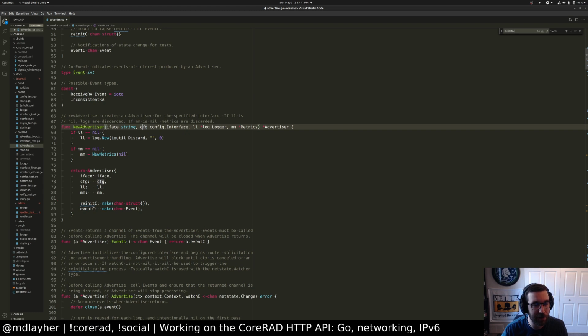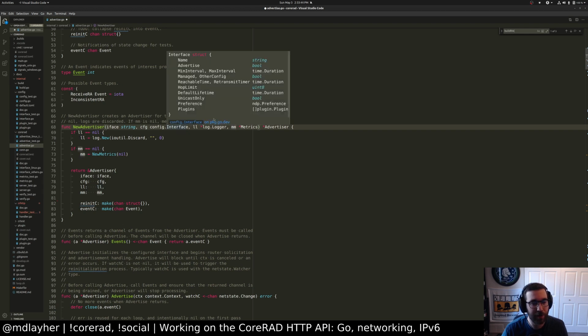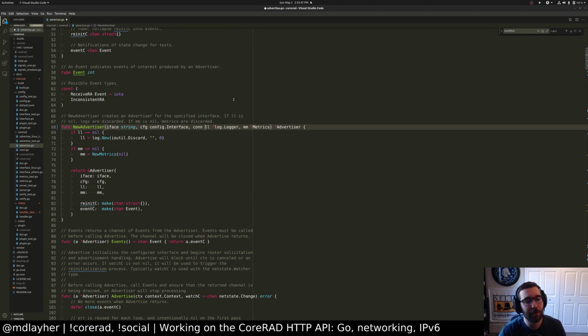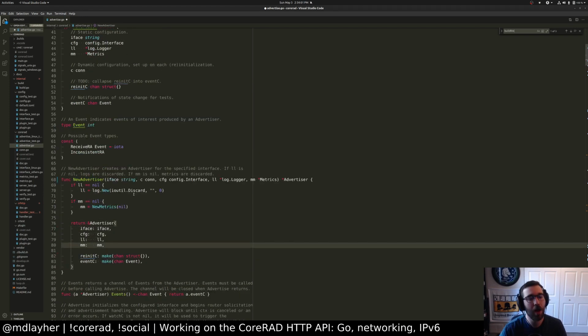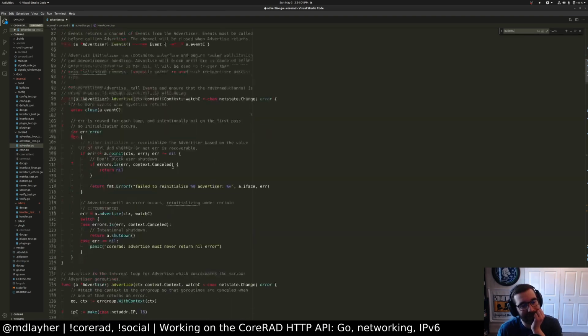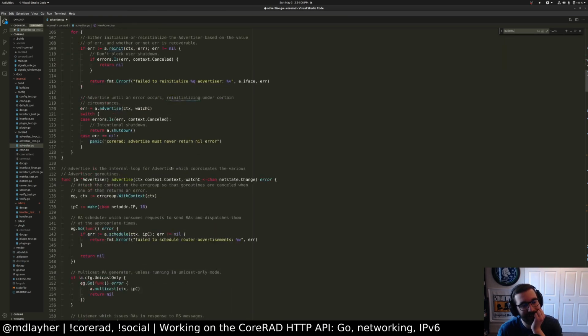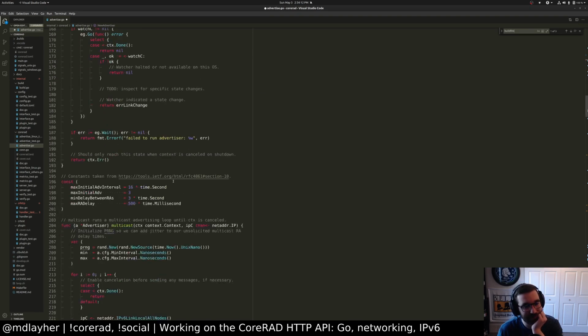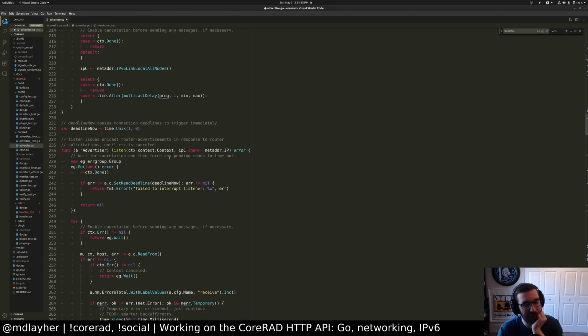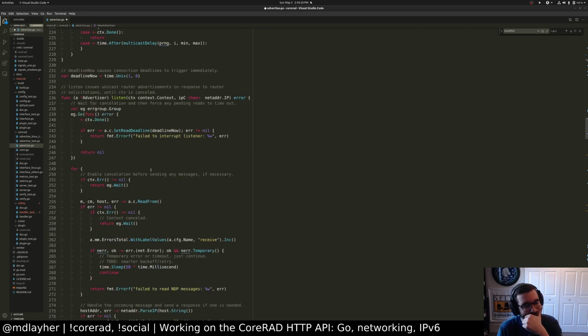So we have the config, which we do need. We have the logger, which we need. We have the metrics node. So we need the con. So it says to operate directly on a con, right? So this can be ccon, and then where's that field in the structure? Oh, shoot. Oh, no. I think I might have just, this could be troublesome. So the problem is here is that, well, I mean,